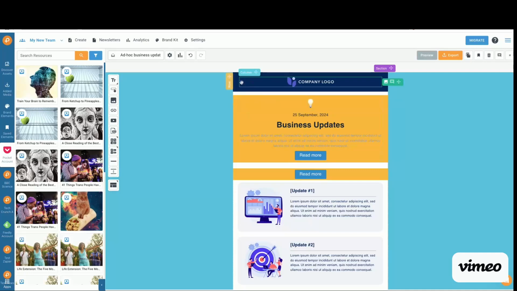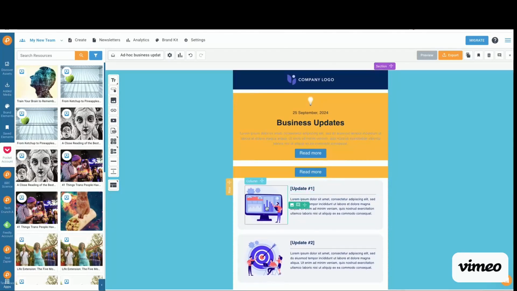Then we have rows that are highlighted in yellow, and you can edit the rows on the left hand side here. Then we also have columns. Columns are in blue, and you can edit them this way. And then you've got the smaller elements. For example, this paragraph of text here is an element, but this H1 is also an element. And this button here, for example, is at the same time a row, right, on the left hand side, but it's also a button, right, on this side,